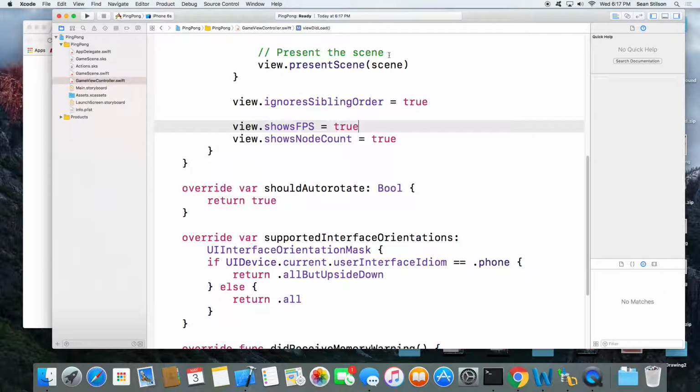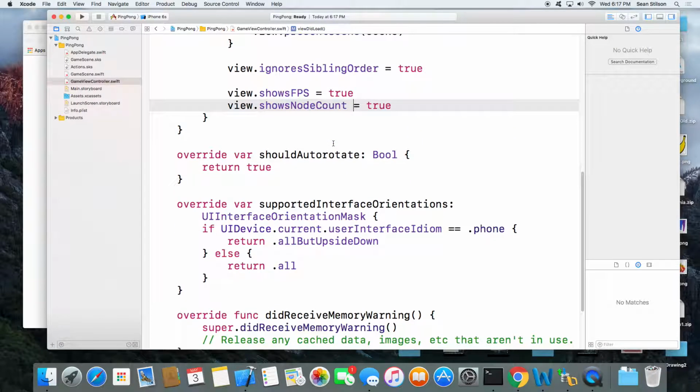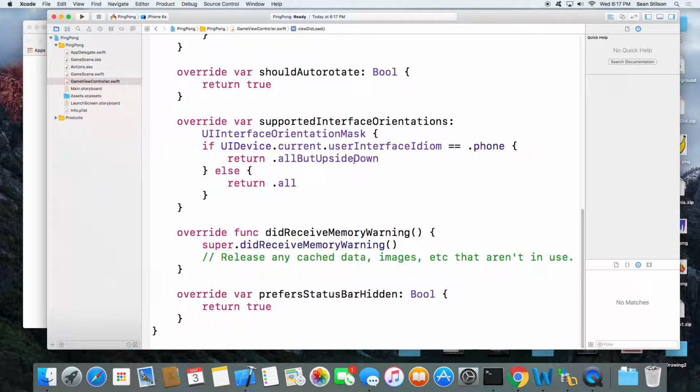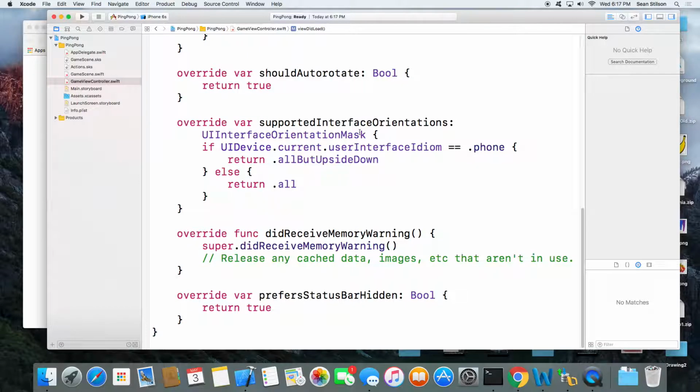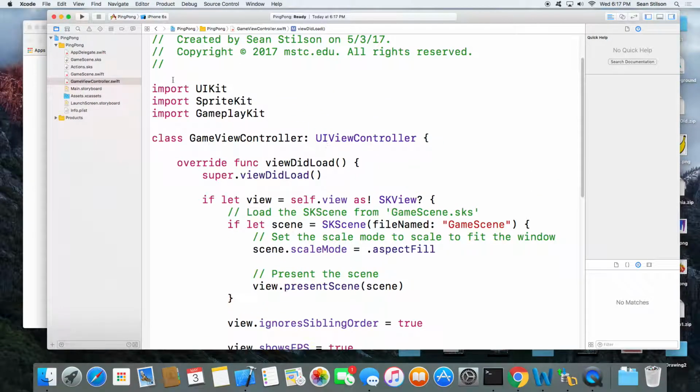So game scenes are built on the concept of, it's almost like a video. You're showing frames. Node count is the number of nodes that are getting created. And then you have device orientation support there, which used to be built into the UIView stuff too, but it no longer is. So that's the difference with the view controller.